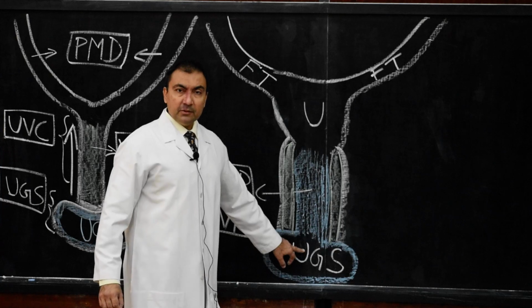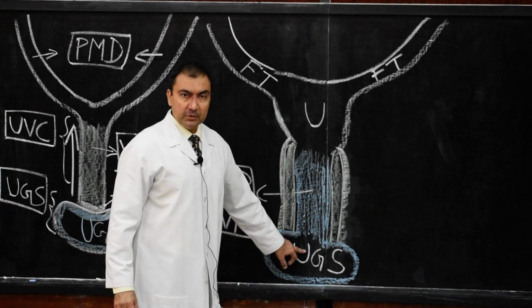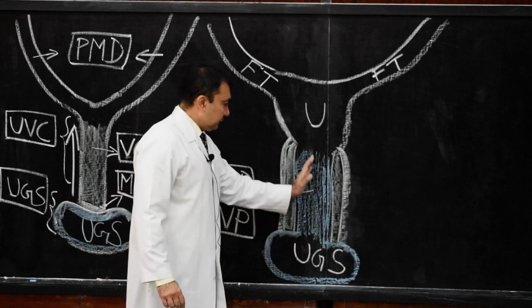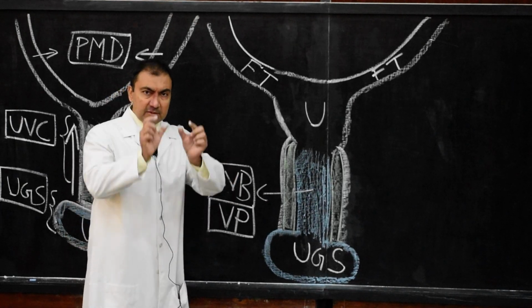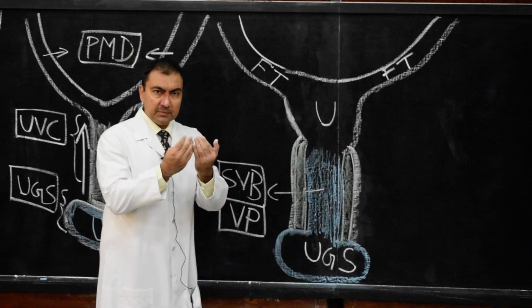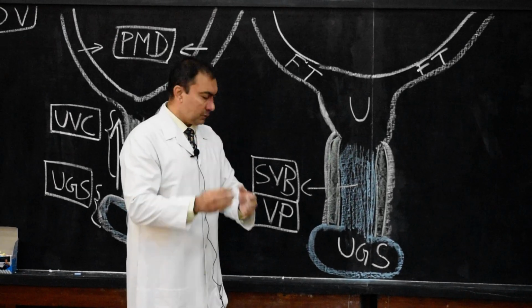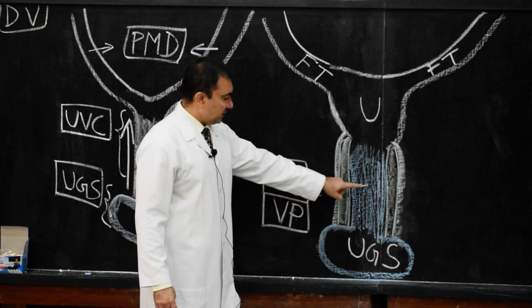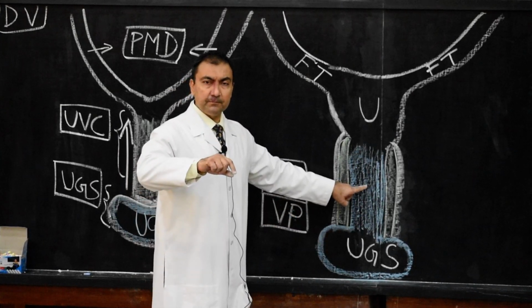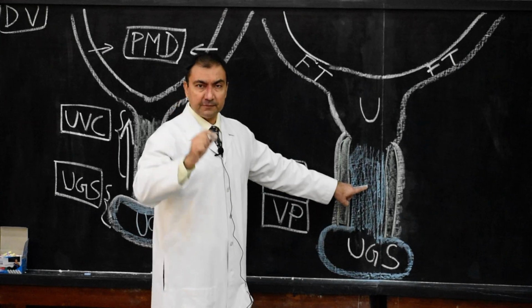These cells are endodermal cells. I have put them in blue color. They will proliferate upwards in the form of sinovaginal bulbs. Initially they are two columns. Later on these sinovaginal bulbs will fuse with each other and form a plate-like structure. That is why it is called the vaginal plate of cells. Sinovaginal bulbs are also known as the vaginal plate of cells.